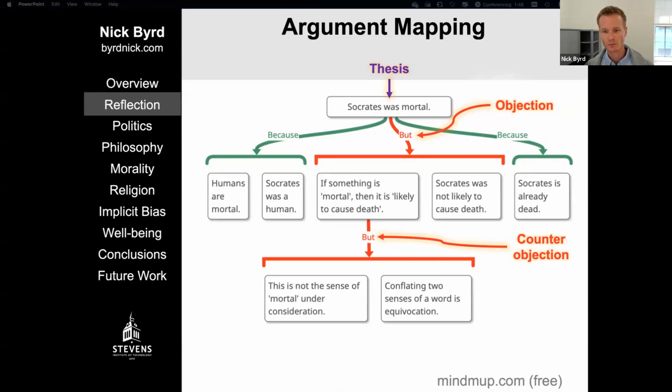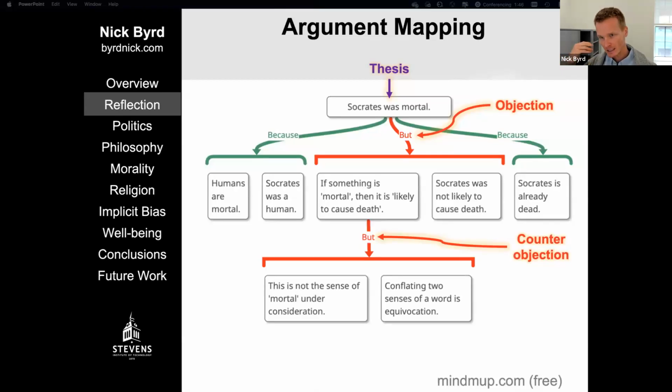It's also a two-premise format, although I'm not sure if I would agree with that structure, but that's how it's depicted here. Now, this map here was created using mindmup.com, which is just a free web browser app that you can use to generate maps of arguments. And you can change the labels, you can change the colors, you can do all sorts of other things. And then you can export these maps as a PDF or as a PNG, or importantly, as an SVG,